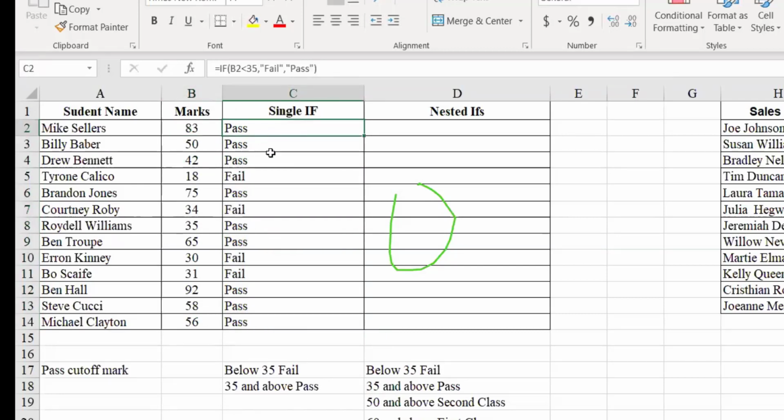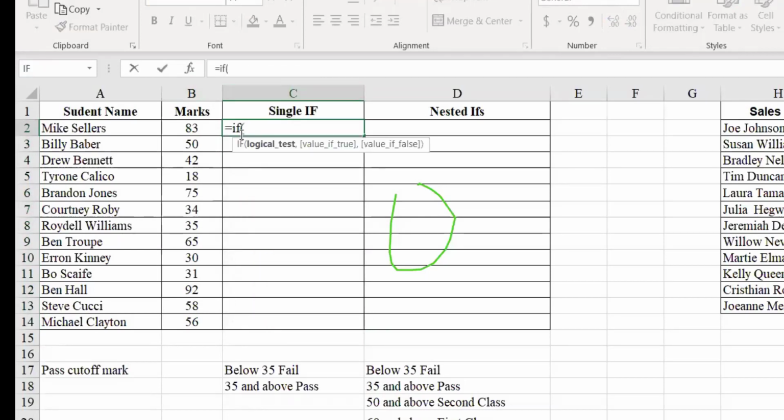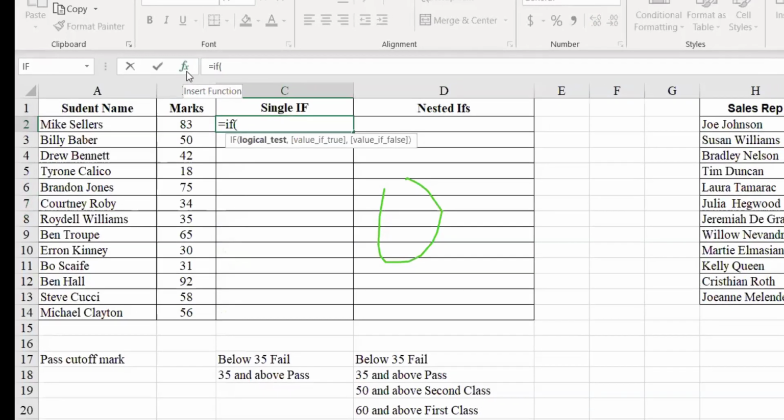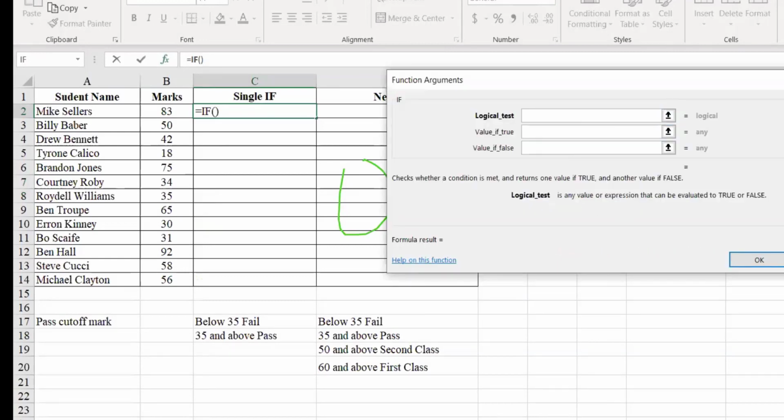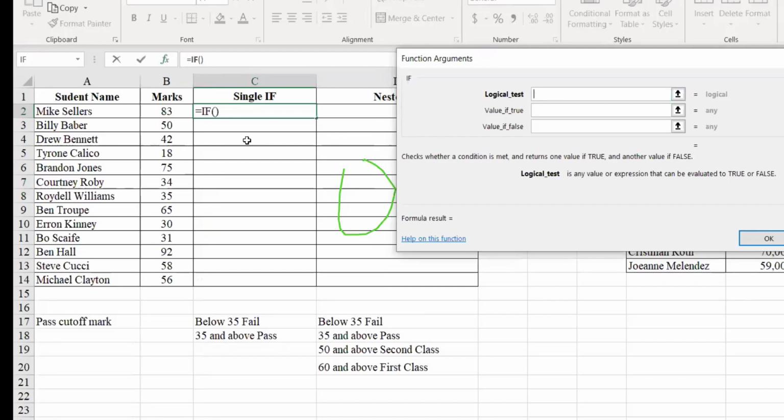If you find it difficult to follow, you can always go here. Suppose, see, now I have written the IF condition directly. Instead, what I can do is equals IF, bracket open, and press this fx. Can you see this fx, Insert Function? If I go to it, it is showing in a little more detailed way. Logical test is what we want to test.